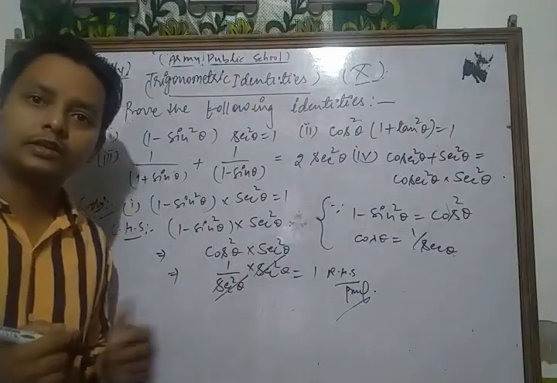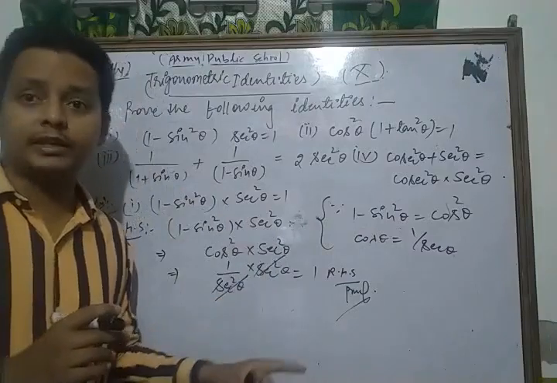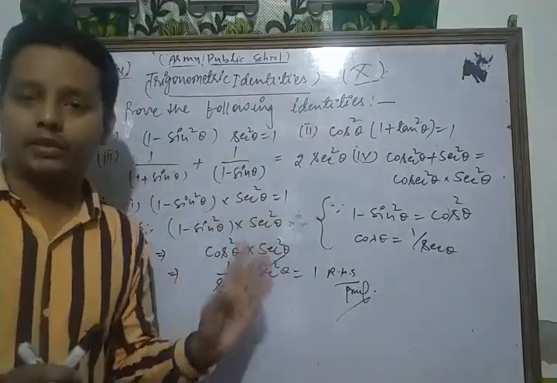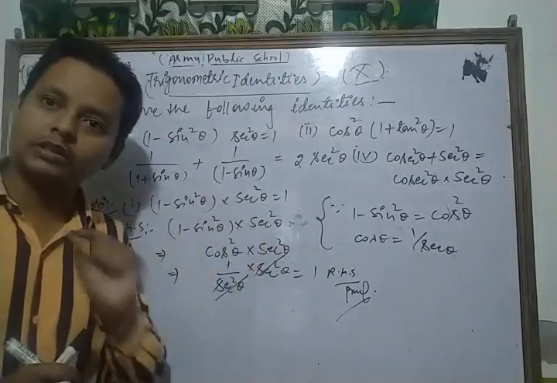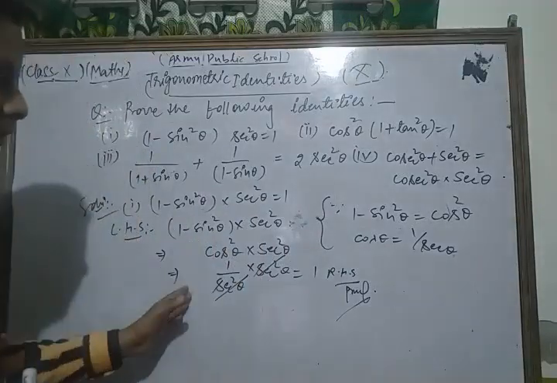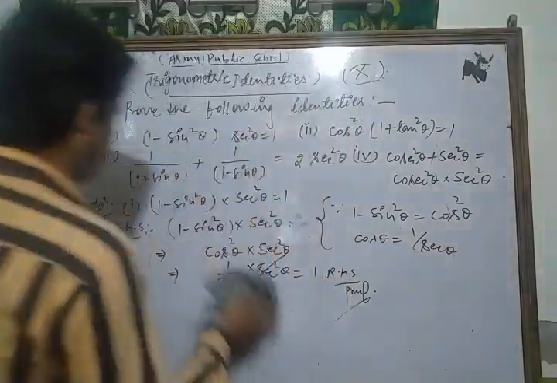So look at this, student. In this way, first of all you learn all the identities. After that you can solve each and every question. Without learning the identities you can't solve any questions related to this topic. So please first learn all the algebraic and trigonometric identities and then solve this type of questions. Now we take and solve the second part of this question.